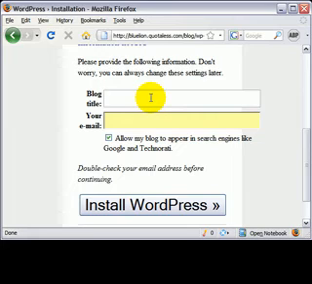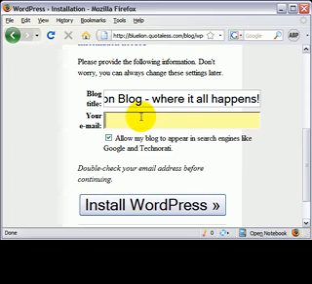So now it's asking you for your blog title. This is where you would put in whatever you want your blog title to be. So I'm going to put in Blue Lion blog, where it all happens. And then it's going to ask you for your email address. You can just put in your email address. I'm just going to put in